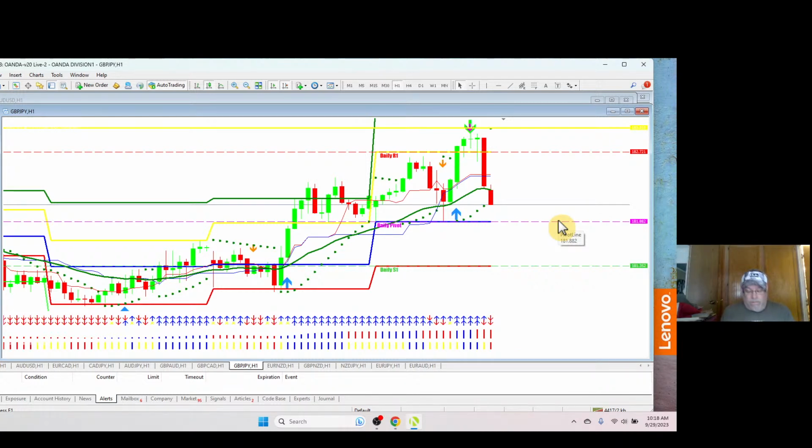Then I had a pound Aussie long and half a position, and I lost $5 on that. So I had a $10 risk where I got in. So half a position would be a $5 risk. So I got stopped out with a $5 loss. And I had an Aussie dollar short,